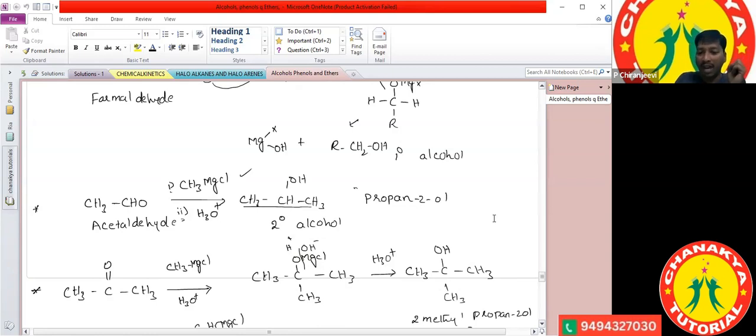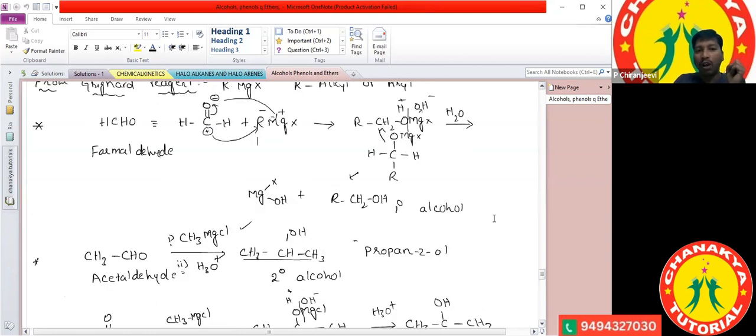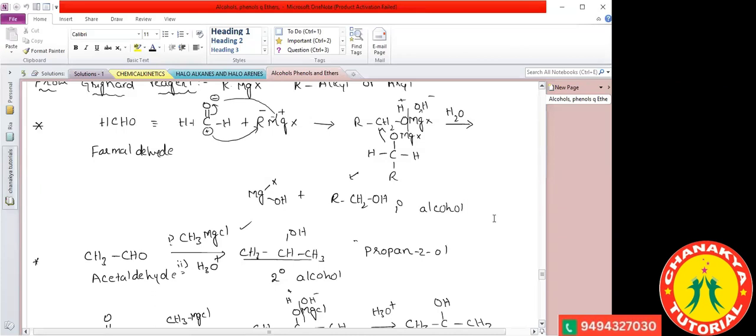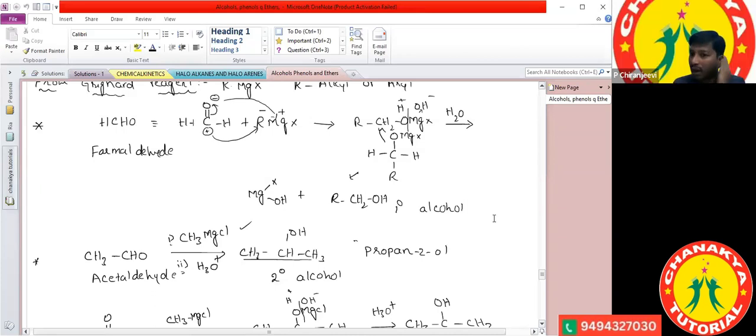And the other method is when the aldehyde or carbonyl compounds are treated with Grignard reagent. What is the Grignard reagent, Samhita? RMgX. Okay, so RMgX is called a Grignard reagent. Now let us see. First, an example: when formaldehyde reacts with Grignard reagent, it forms an adduct, which undergoes hydrolysis and finally forms an alcohol.